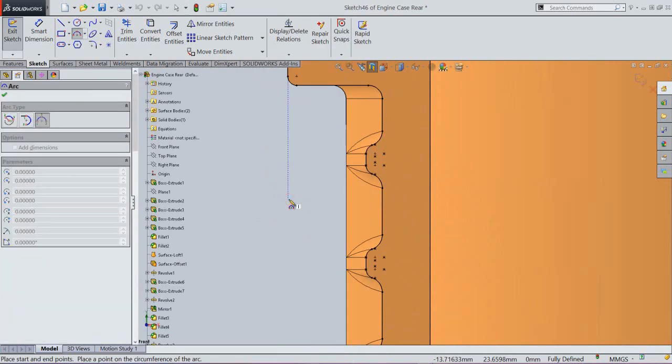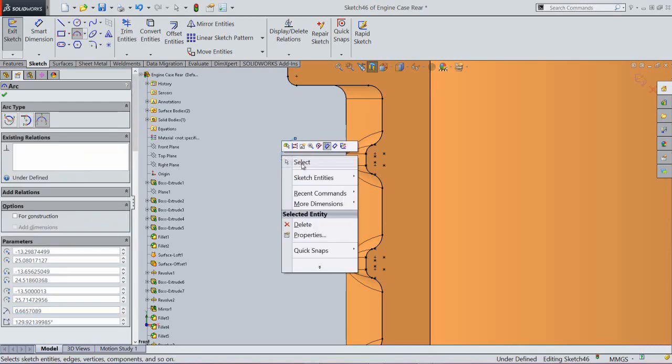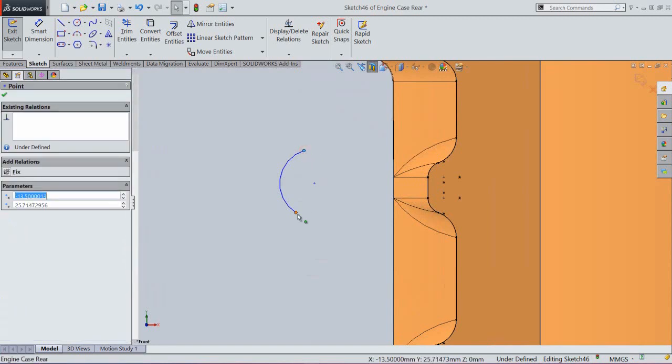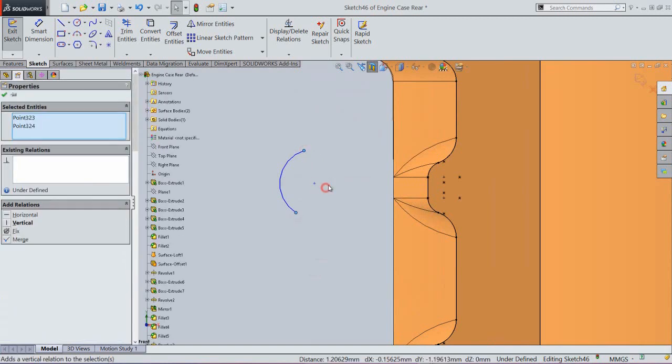Now we will create a 3-point arc from this point and this point. Select the end point of the arc and apply vertical relation.